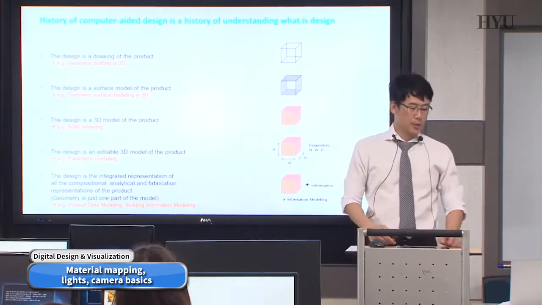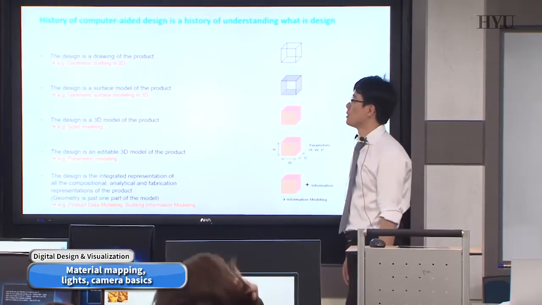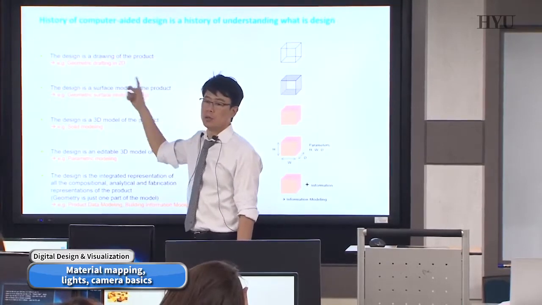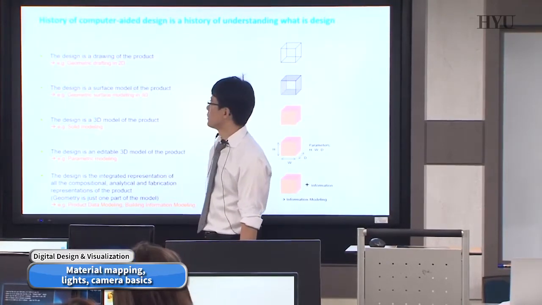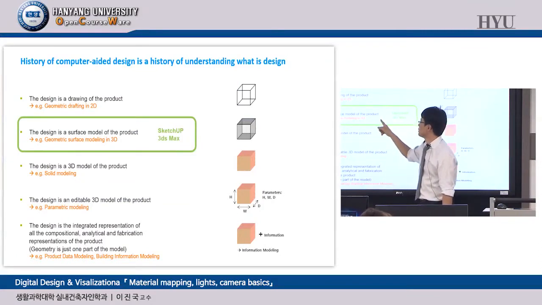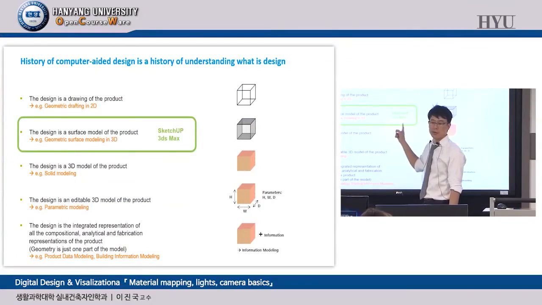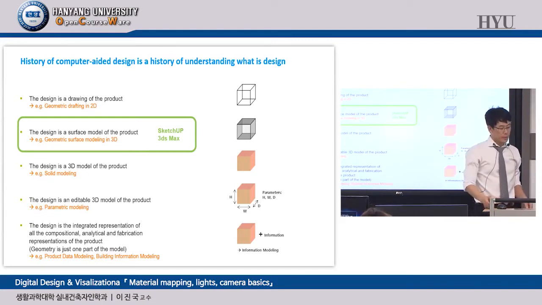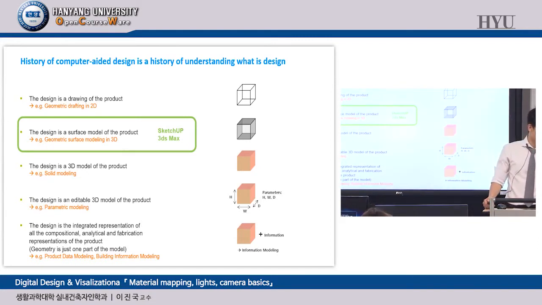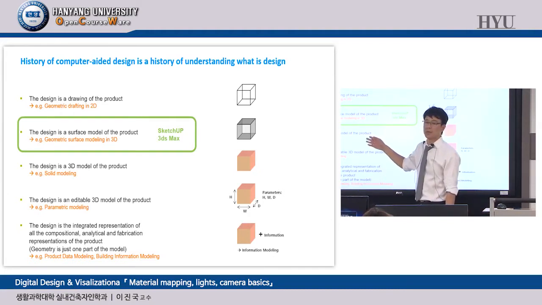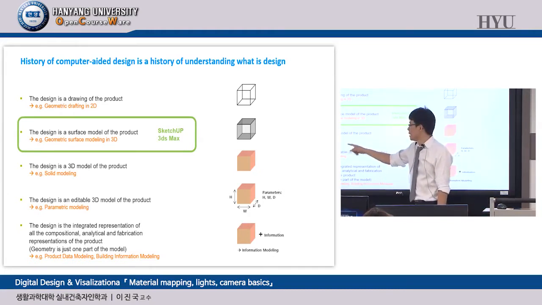So take a look at this history of CAD again. When 2D drafting was how things were designed, we used 2D drafting software. But in this semester, we are learning surface-based 3D models: SketchUp, 3D Max, Rhino, Maya, or any other type of general 3D design software, okay? But next semester, I told you, the next advanced phase is solid model, parametric model,